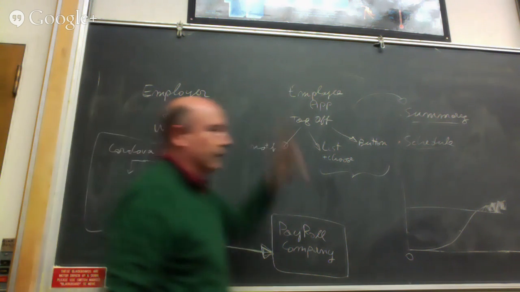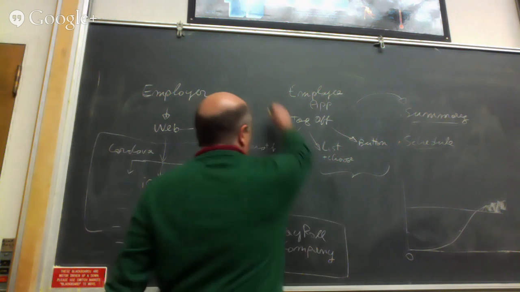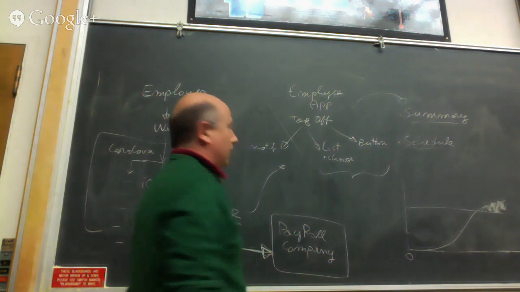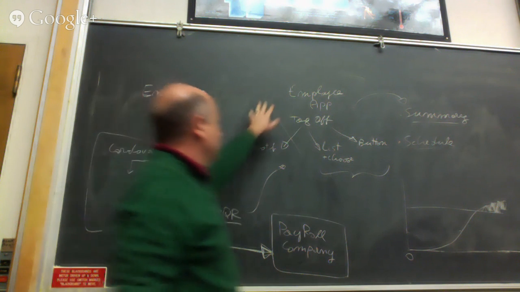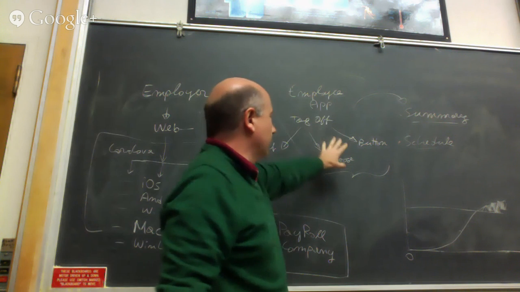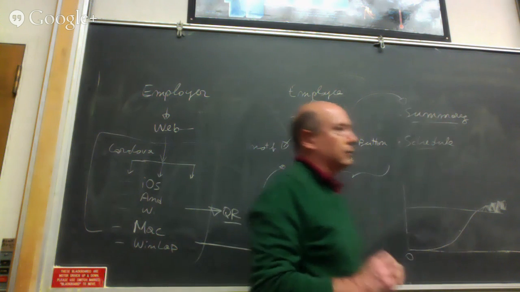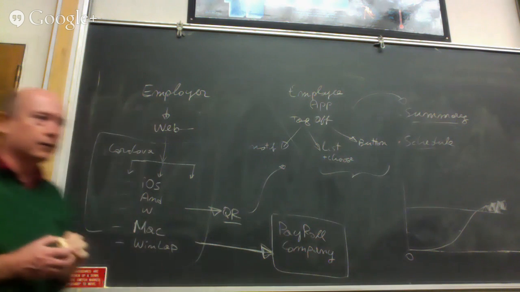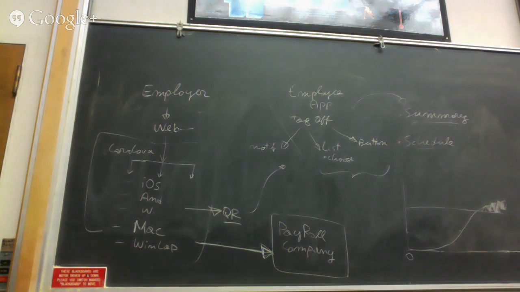And with these, I don't know exactly what to shave off. I mean, these notifications I would shave off. I would just build a simple tag on, tag off with a list to choose from, and start with that first. And so those are the other sort of choices you would make initially. Yeah, but I think that this is all implementable.